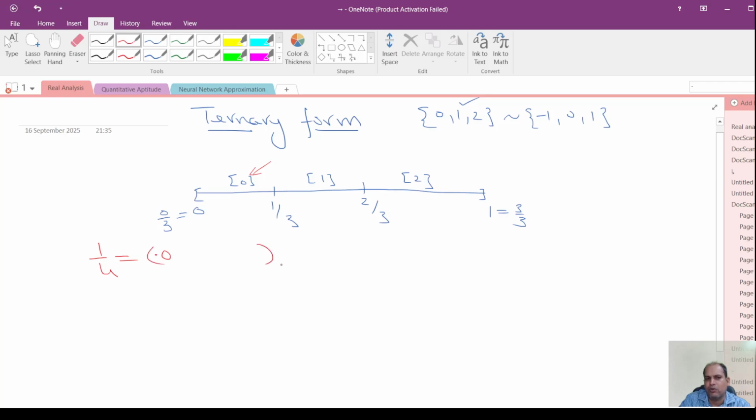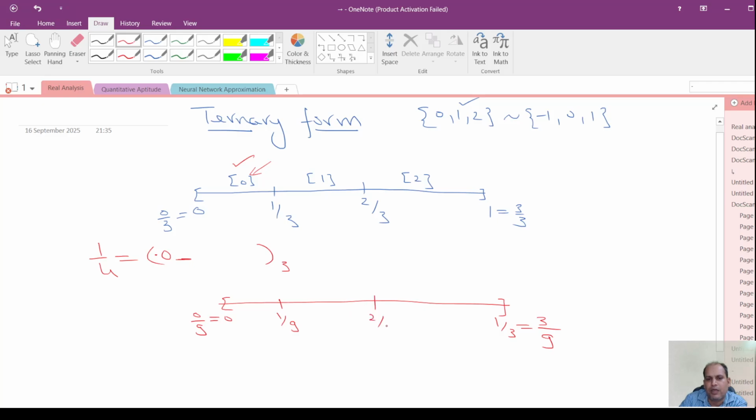Now the question is what will be the next digit. Again select this interval denoted by 0, say up to 1 by 3, and divide into 3 equal parts. I can write it as 3 by 9, this one as 0 by 9, next will be 1 by 9,